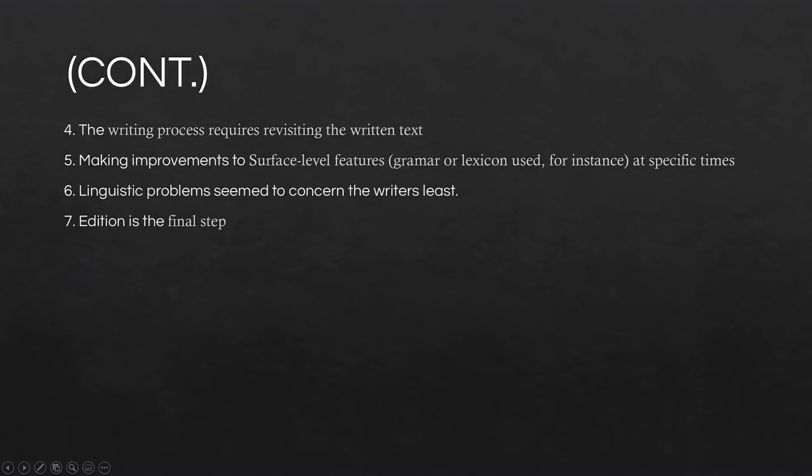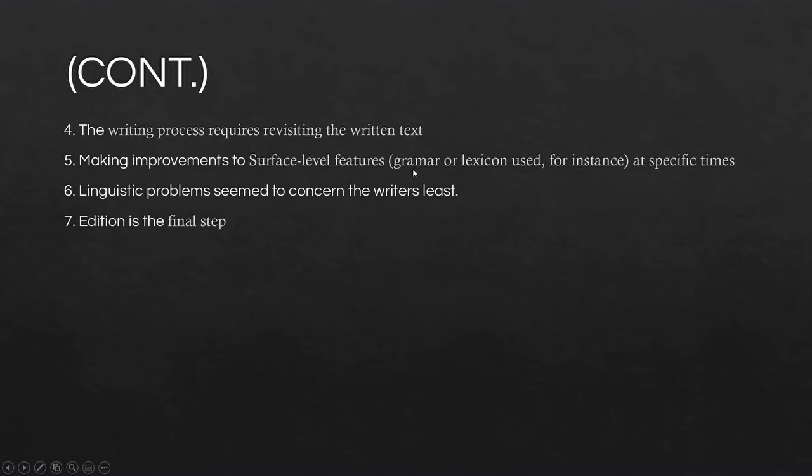Some more findings report that the writing process requires revisiting the written text. Number 4. Revisiting took place throughout the process and generally involved considerable changes. For example, composing something new, deleting sentences, and shifting paragraphs around, and sometimes eliminating them. In number 5, making improvements to surface level features such as, I'm so sorry for this, there is a typo,